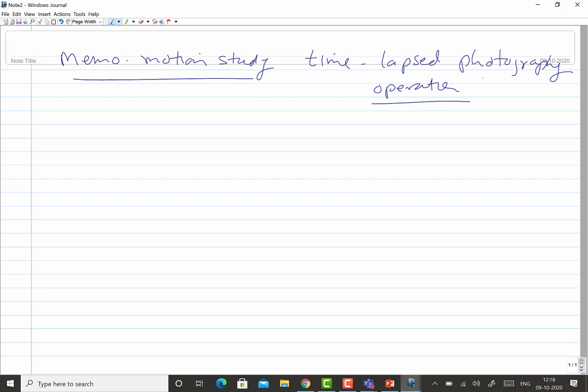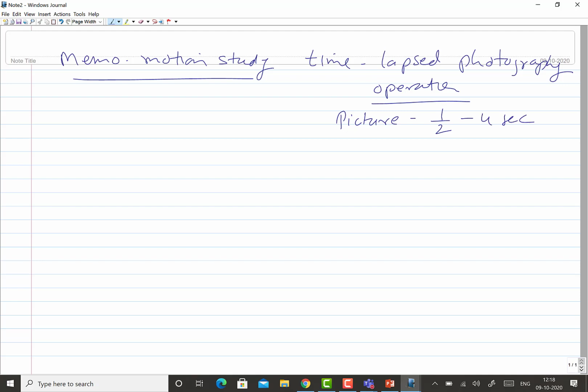So for example, this time lapsed photography of the study area will be capturing the pictures at a certain regular interval. That time interval can range from half of a second to say 4 seconds.